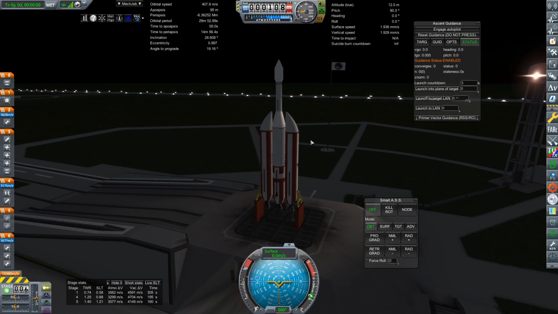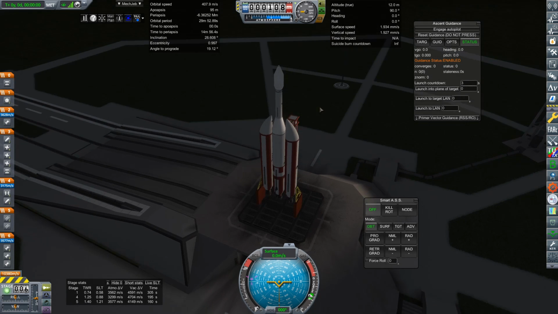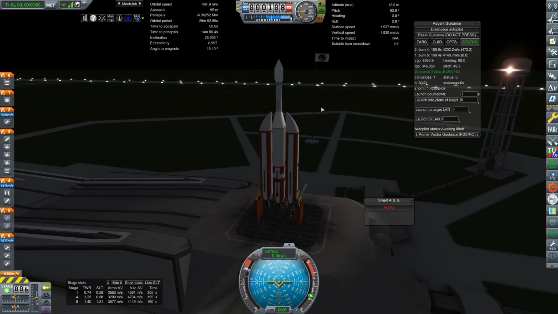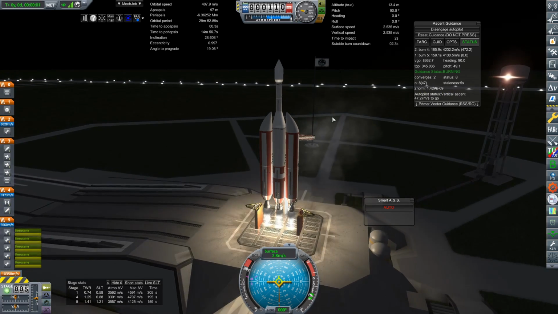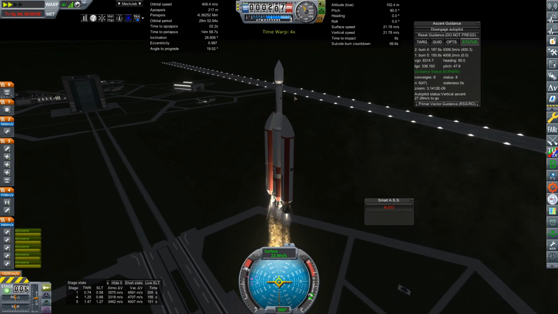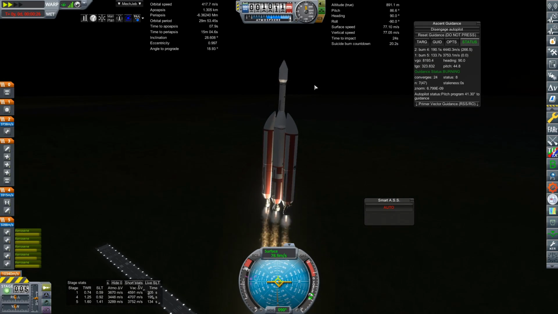All right, comm box 2, which is actually comm box 3 because we had a mission failure. All right, comm box 2 sitting on the pad ready to go, so we are just going to engage the autopilot, and 3, 2, 1. Ignition and liftoff. Fabulous. And time acceleration is our friend. So yeah, here we go. We are on our way up with the